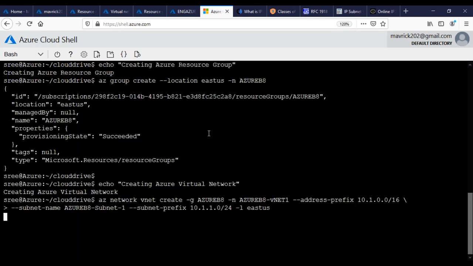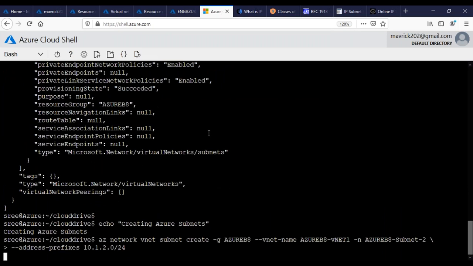Now what will happen, it created the resource group, by the way, and it is creating the VNet for me, which is 10.1. Also one subnet actually. And it is creating the additional subnets, by the way. If you see, it is subnet create.